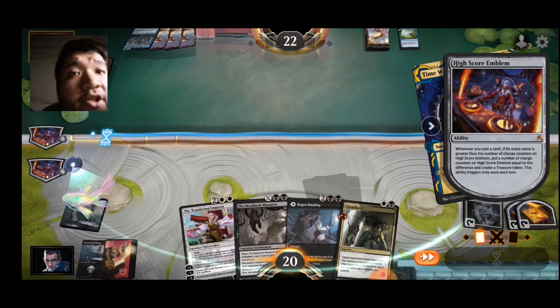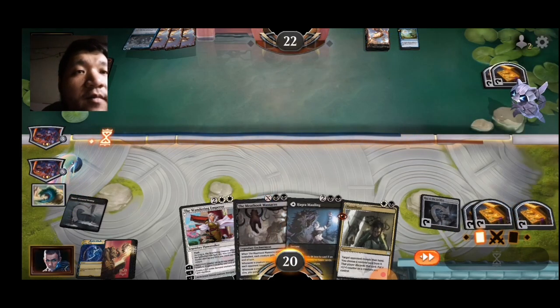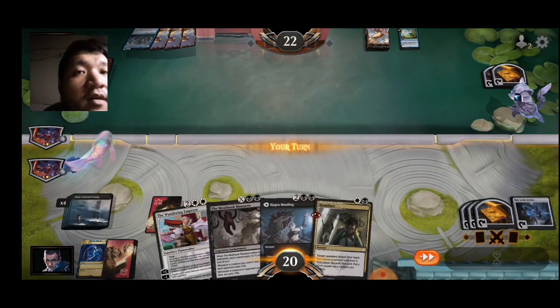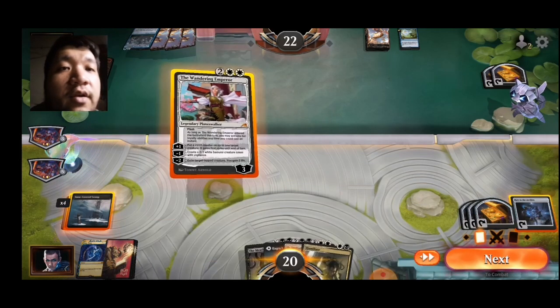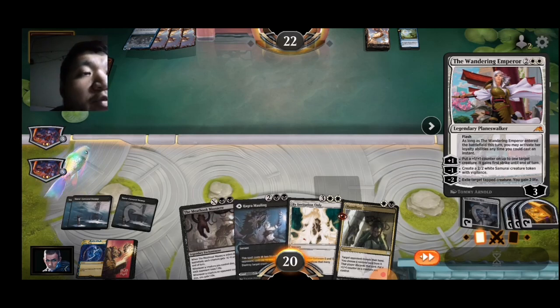They still have 2 treasures, so a negate would be really... Actually, no, a negate is kind of fine, all things considered. We get our free turn. Then we can go for the Humiliate again. Actually, there's a trick here. Not a very good use of Wandering Emperor, but I kind of want, since I'm going for the White Samurai token, I'm going...